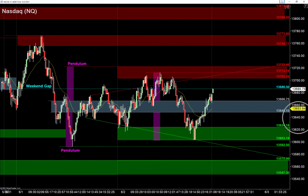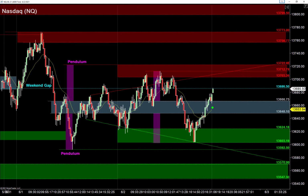If this thing fails rotation, I would imagine that 13,570 will be on everyone's radar for tomorrow. So again, if we don't get rotation, if the market just simply rolls over here, look for that 1, 2 try trap. It's a very distinct entry setup we use in our trade room. Again, it's a strong move down, shallow pullback,